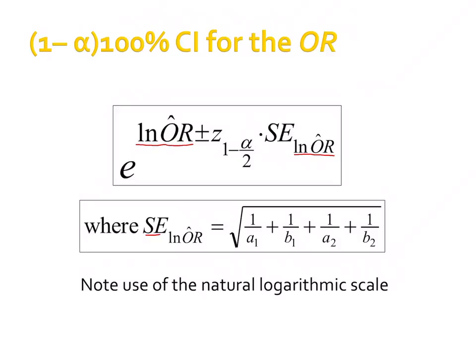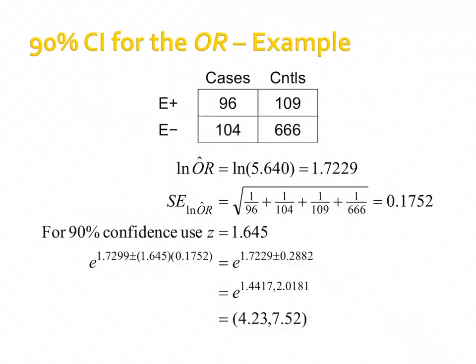plus 1 over B2, plus 1 over A2, and so on. It's the square root of 1 over all the values you're getting. And then the note: use the natural logarithm scale. When you use ln, that's the natural logarithm, and you can find it on your calculator. It's not necessarily more work. It's denoted by the ln on the calculator. So you just type it in,